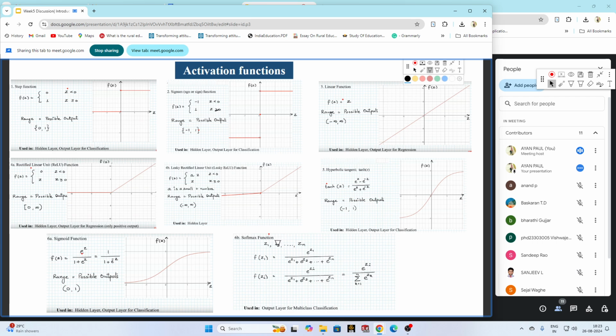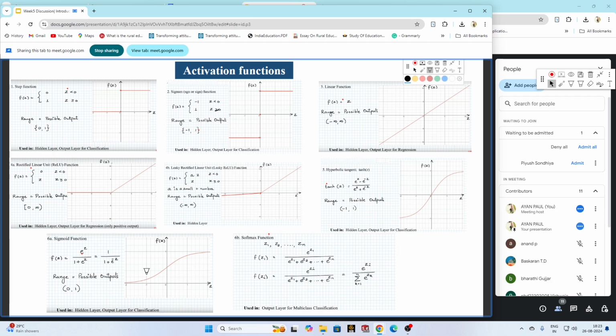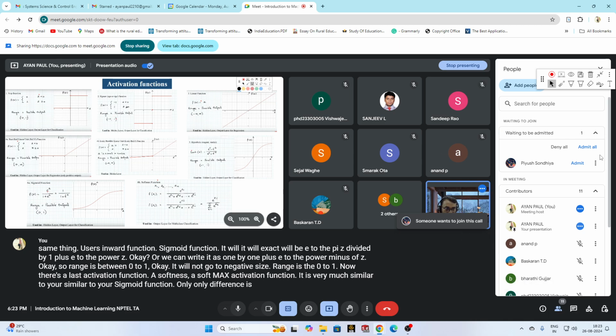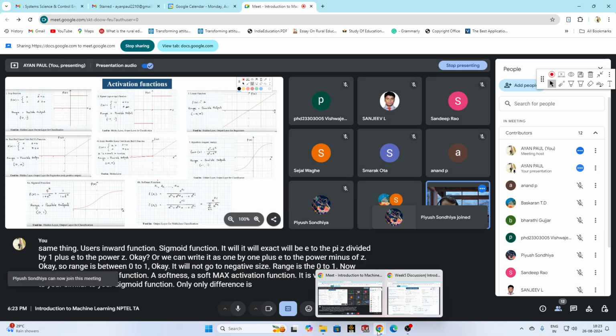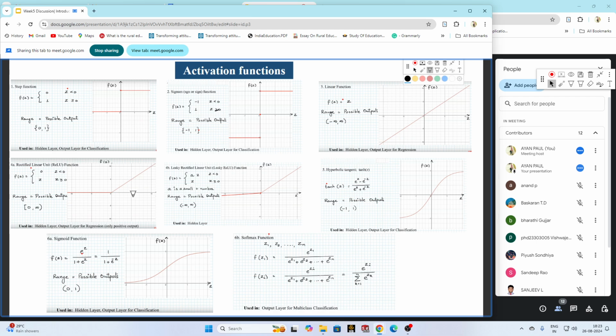Now there's a last activation function known as the softmax activation function. It is very much similar to your sigmoid function. The only difference is here,